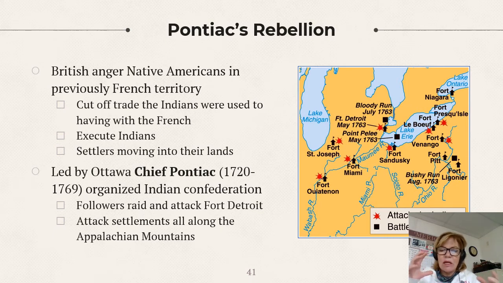So Pontiac goes all up and down. I mean, they get Indians from the upper Midwest all the way down to near New Orleans, and they unite them. And so the Native Americans launch these simultaneous attacks on these British forts. Not just that, but they ruthlessly attack colonial settlements all along the Appalachian Mountains, right? So the American colonists are in a very dire position, much worse than probably what they were during the French and Indian War.